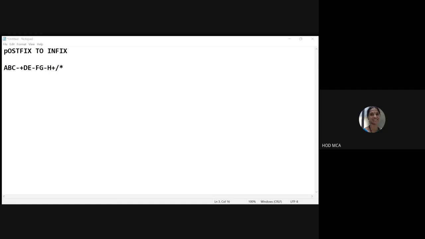Who is going to tell me now? We just solve it. We have to push the variable A to the stack. It is similar to your postfix evaluation. Exactly. Then push it to the stack. Exactly, exactly. Do it and post it in the chat.